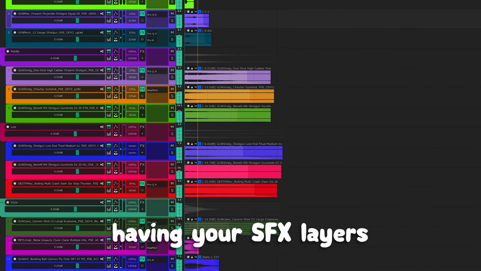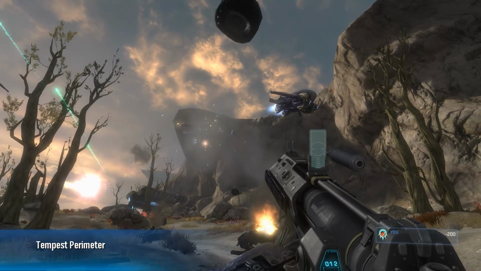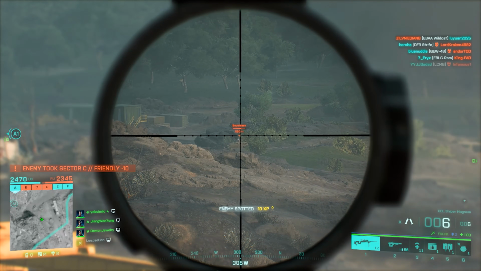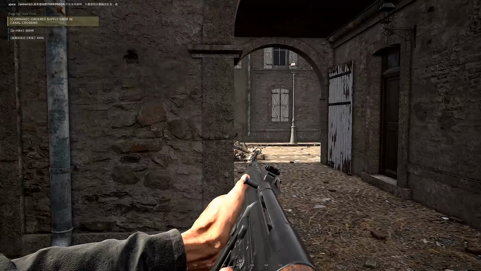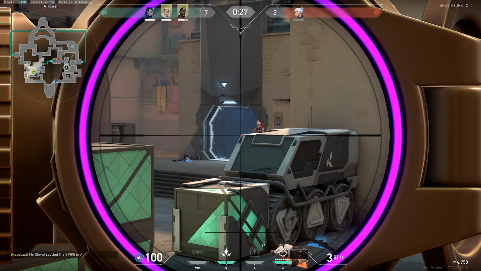And that's what mistake number 1 is all about. Having your sound effects layers play at the exact same time in your DAW. When we're layering our different bits of sound and audio on top of one another, say for a gunshot, it's tempting to think that all of those sounds happen at the exact same time. After all, it's a gunshot. It's one big explosion, right? Shouldn't we just cram a bunch of sounds on top of one another so they sound huge and epic?